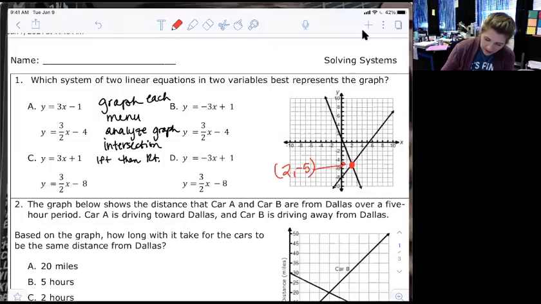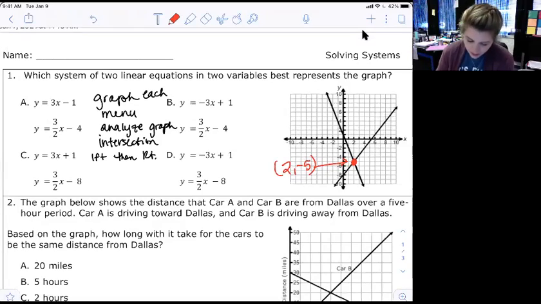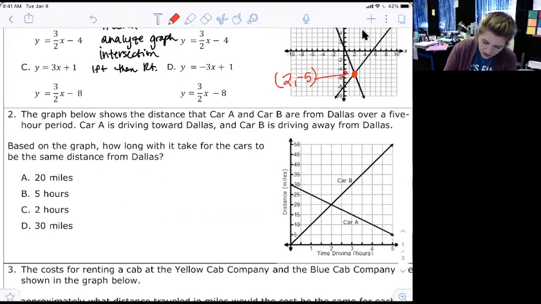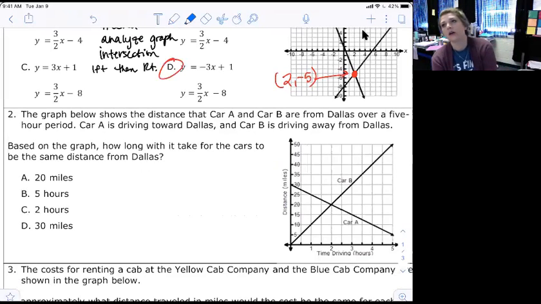Again, it's going to go by really quickly because I promise you this next part is super easy. All right, question number 2. And again, you can go ahead and mark that here. Grab your highlighter on your